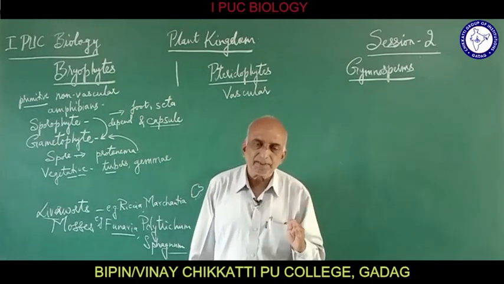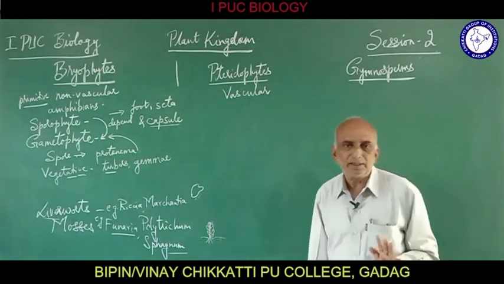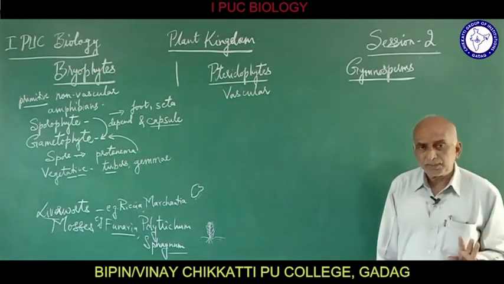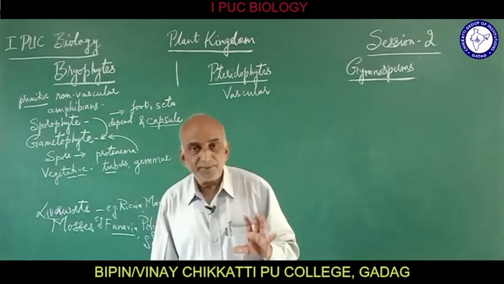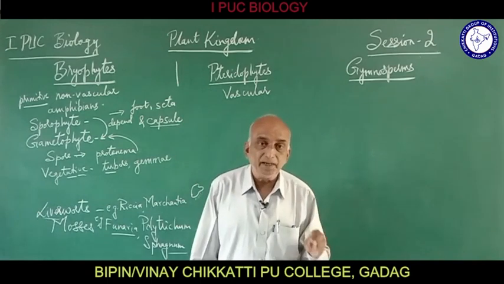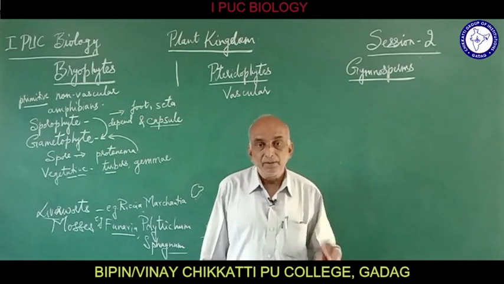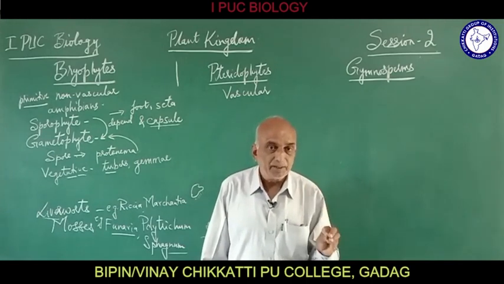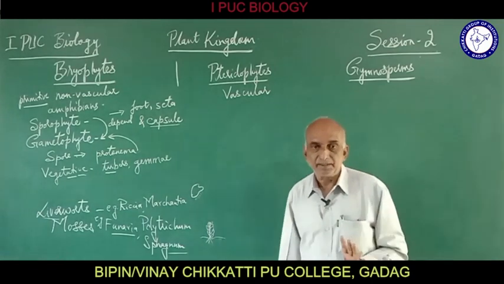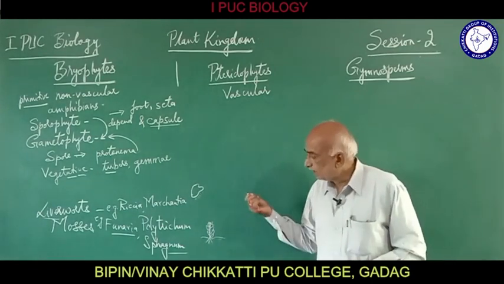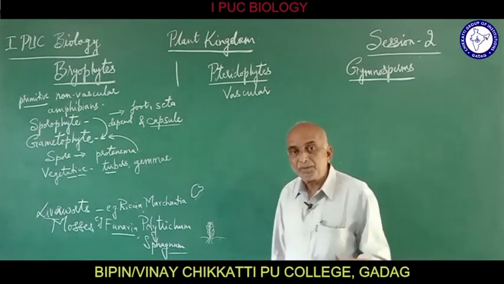So similar to xylem and phloem, these cells do, but the function may be somewhat different. So it may not be as efficient as that of xylem and phloem. When we say xylem, xylem is very efficient in conduction of water and minerals. When we speak of phloem, it is an efficient tissue which transports food materials. But in the absence of the vascular tissues, the parenchyma will do that.